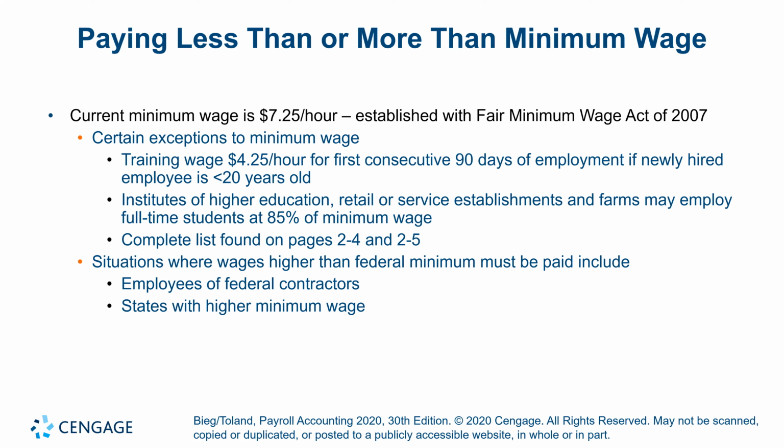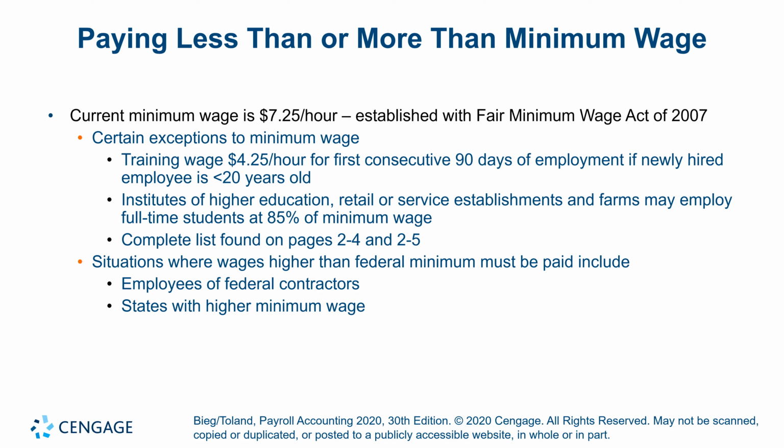And there's actually a full list on page 2-4/2-5. But tipped employees are another exception, which we're going to talk about more. Student learners may be employed at 75% of the minimum wage if they are participating in a vocational training program. Firms whose principal business is the delivery of letters and messages may employ messengers at not less than 95% of minimum wage. And then persons whose earning capacity is impaired by age, physical or mental deficiency, or injury can be